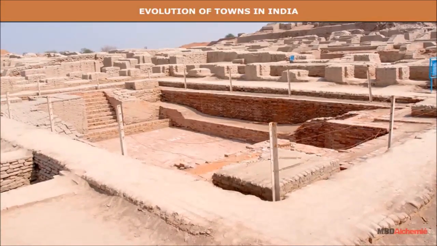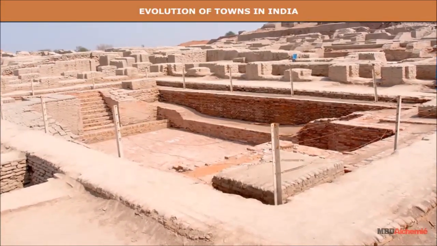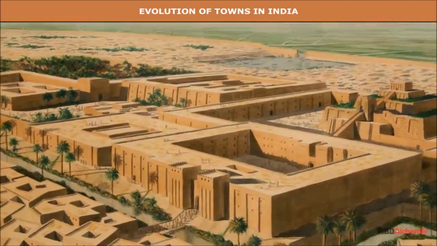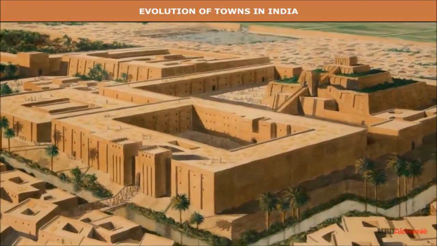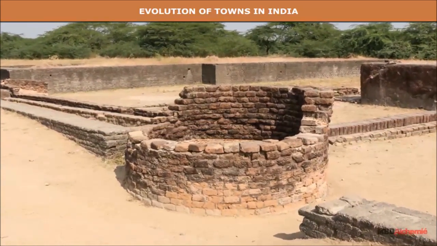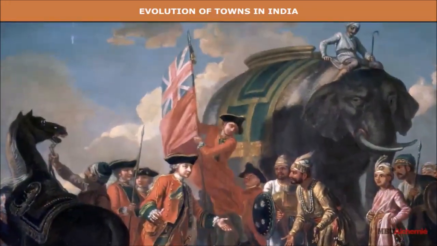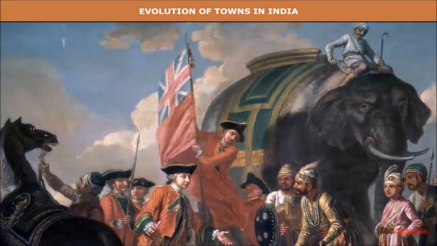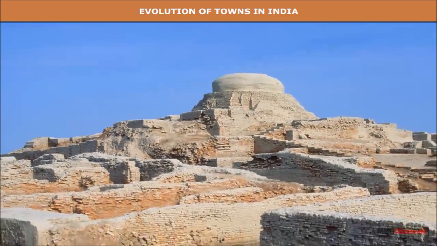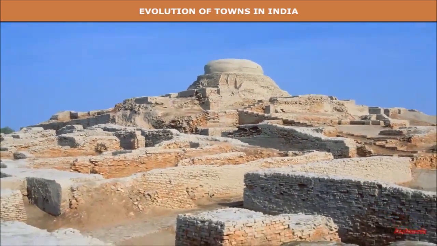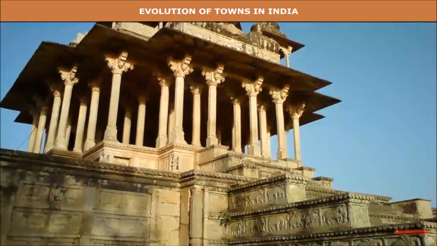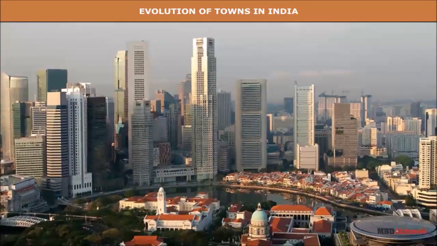Evolution of towns in India. Towns flourished since prehistoric times in India. Towns like Harappa and Mohenjo-daro were in existence even at the time of Indus Valley civilization. The following period has witnessed evolution of towns. Until the arrival of Europeans in India in the 18th century, it continued with periodic ups and downs. On the basis of their evolution in different periods, Indian towns may be classified as ancient towns, medieval towns, and modern towns.